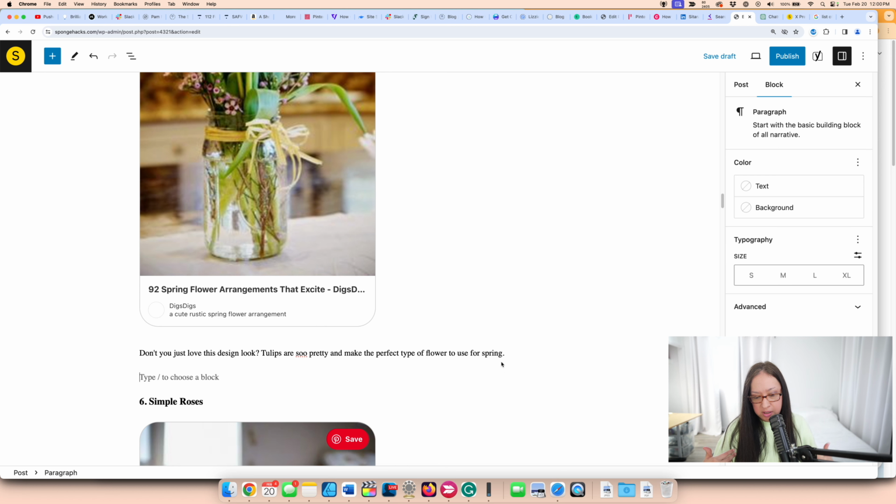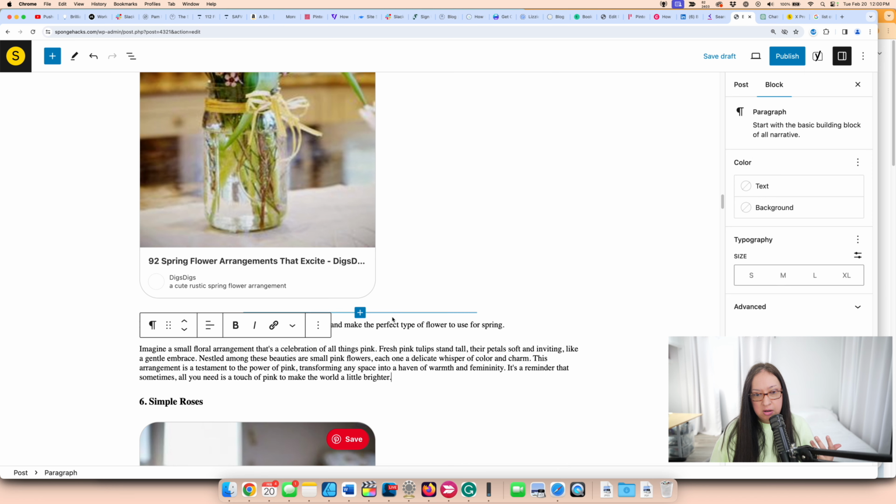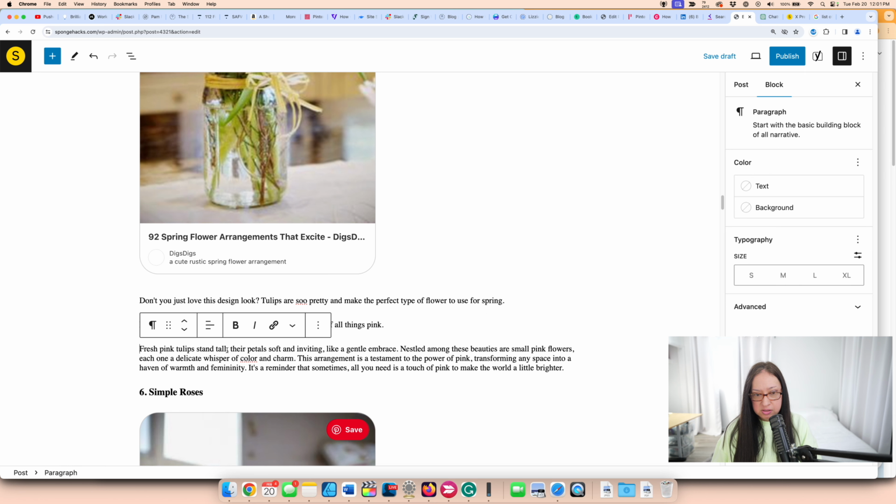Sentences about my own writing, and then I'm going to add ChatGPT. Now, ChatGPT likes to do a lot of "imagine," so I'm going to change it. Look at this small floral arrangement that's a celebration of all things pink. Fresh pink tulips stand tall. Their petals